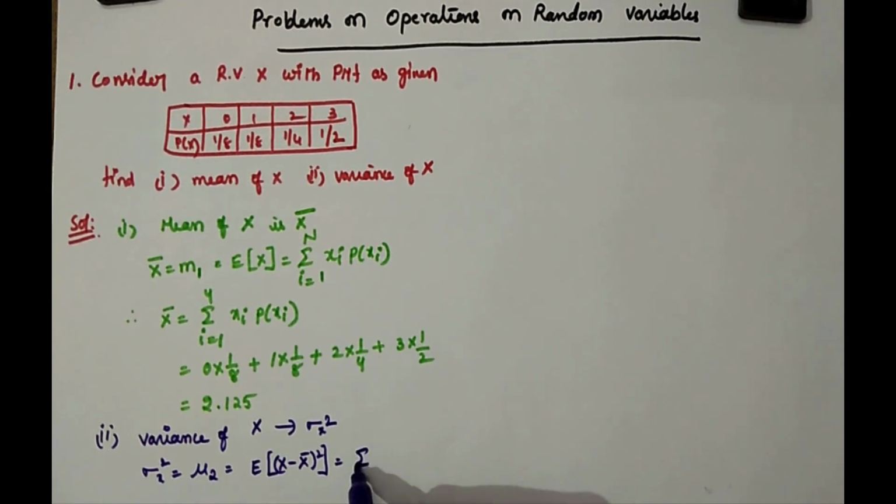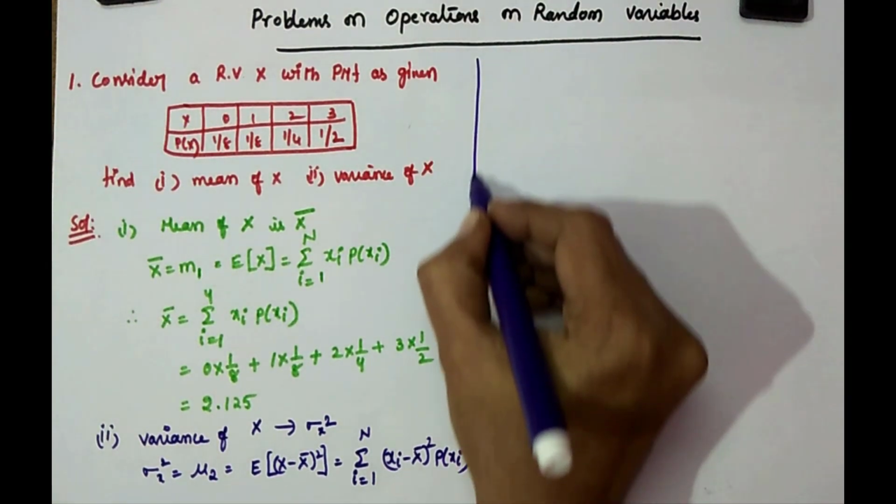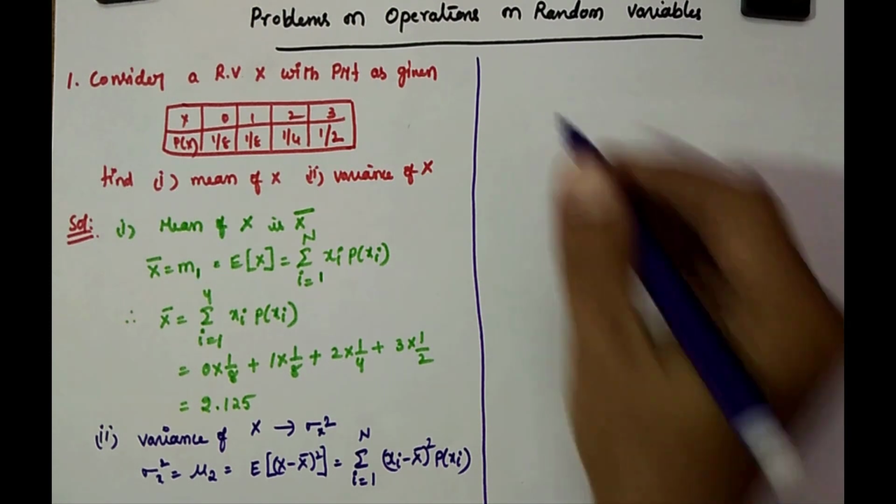What is the formula in discrete case? Sigma i is from 1 to n, xi minus x bar whole square into p of xi. Then if you substitute,